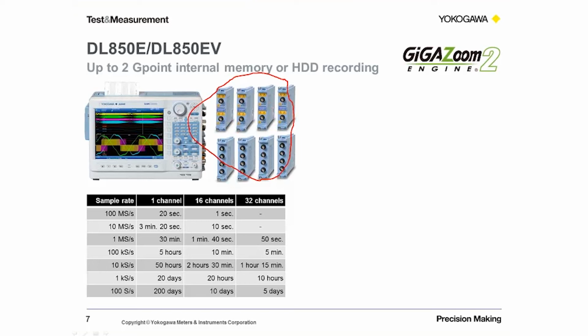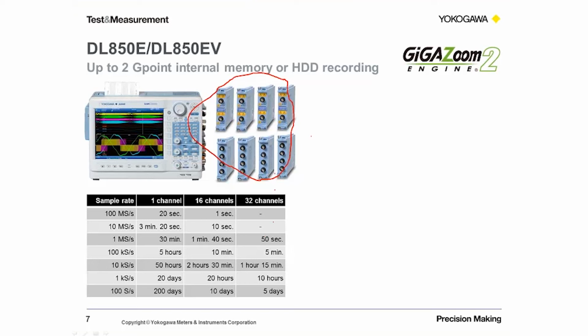And you can see that we have a 4-channel module which has the capability of 1 meg sampling. It's a 16-bit module, and that means we can install up to 32 channels of that. With 32 channels at 1 megasample per second, we can sample for 50 seconds. That's giving you an idea of how the memory size is